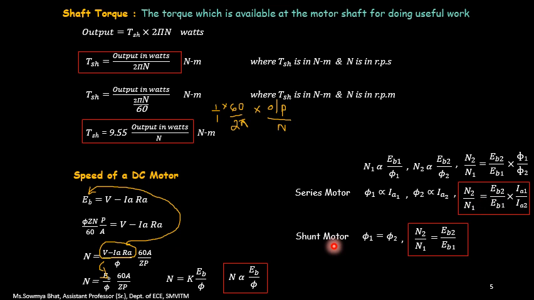Coming to the shunt kind of DC motor, both the values phi1 and phi2 will remain the same, so equal or constant value. So now I can just manipulate this main equation. N2 divided by N1 will be equal to EB2 divided by EB1. I will assume phi1 and phi2 are the same, so both these terms will get cancelled out and we are left only with the ratio of back EMF in the second case to the back EMF in the first case. So this is the relationship you are going to use when you are going to determine one of the unknown parameters. Either it may be the speed in the first case or second case, or it may be the back EMF in the first or second case, or it may be the armature current in the first or the second case.